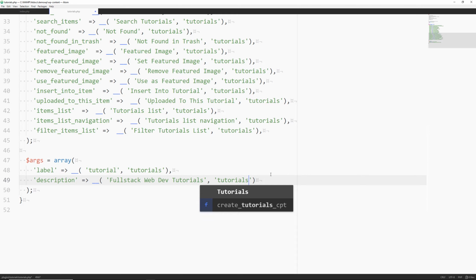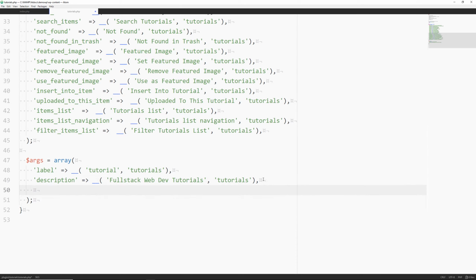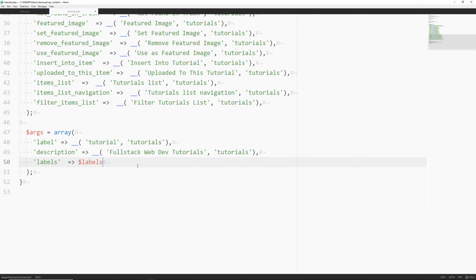Tutorials. All right. Always remember to put your commas at the end over here. And then we'll say labels. And then we're going to use the variable that we created above of labels, comma.